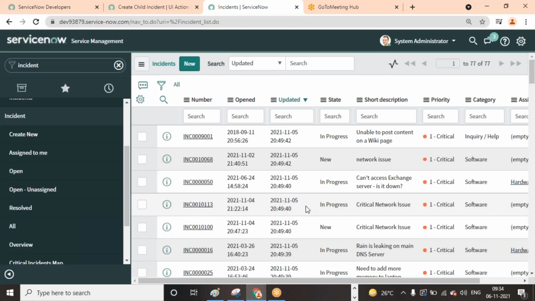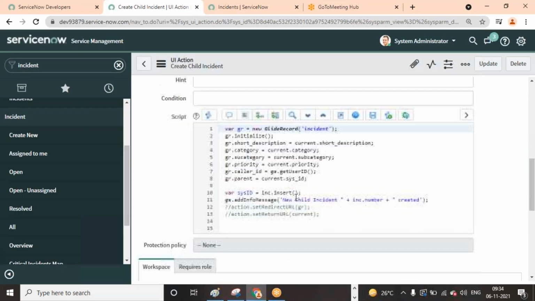It's INC.number or GR.number. Yes. I'm going to move to initialize, parent, current. So once again, you can check all the lines of code: category, subcategory, priority, caller ID, parent, current sys ID, get user ID, current.priority, current.subcategory, current.category, short